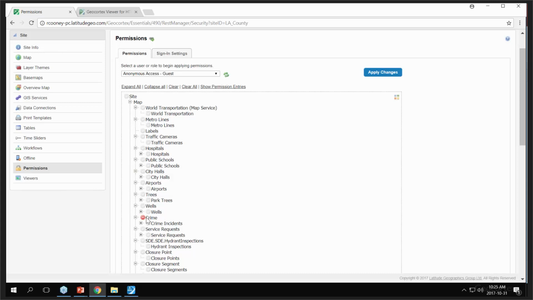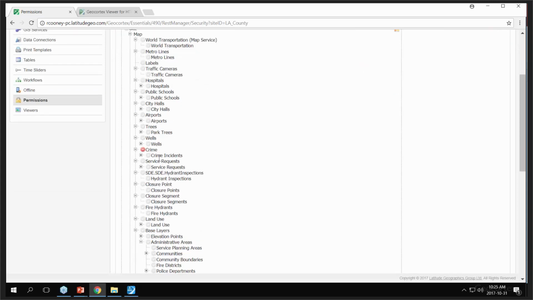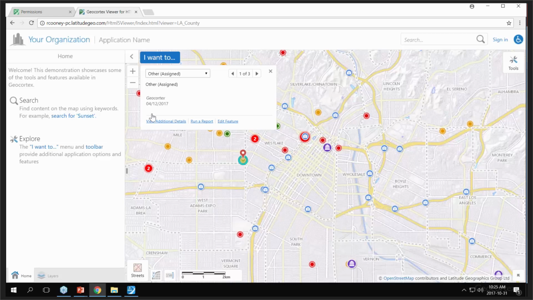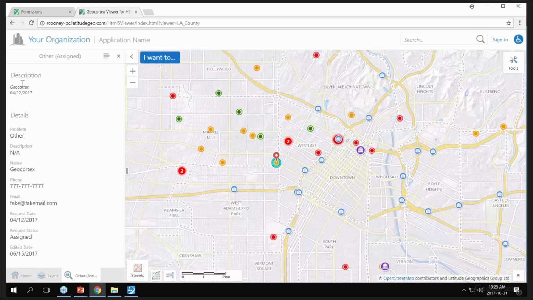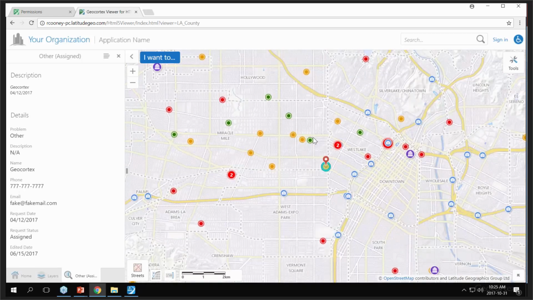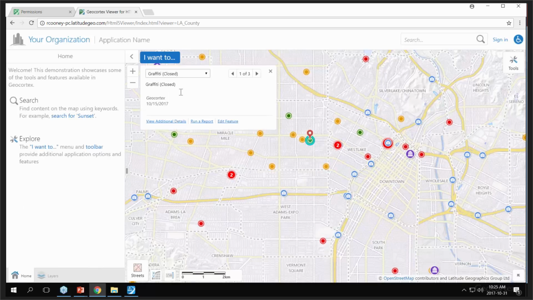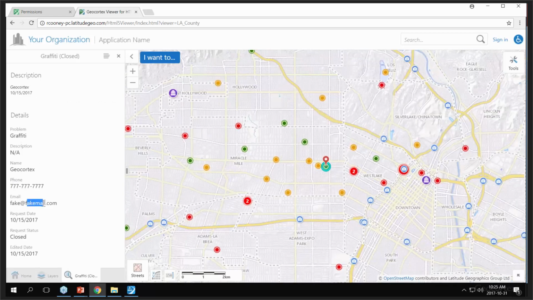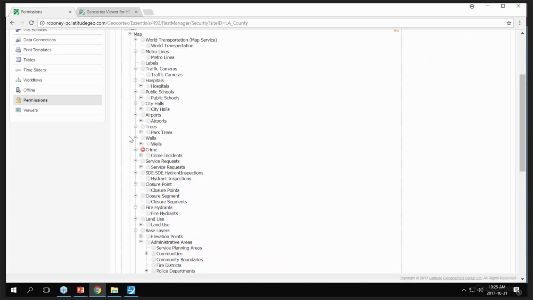So in this case, I secured the entire crime layer. But if I wanted to take something like our service request layer, that's these little dots on the map. And if I were to look at one of these, this represents some sort of problem in the application. I think we've got some graffiti incidents and things like that. And if I look at the details of this, right now it's got a phone number and an email. What if we didn't want the anonymous user of the application to have access to that? So what I can do is take